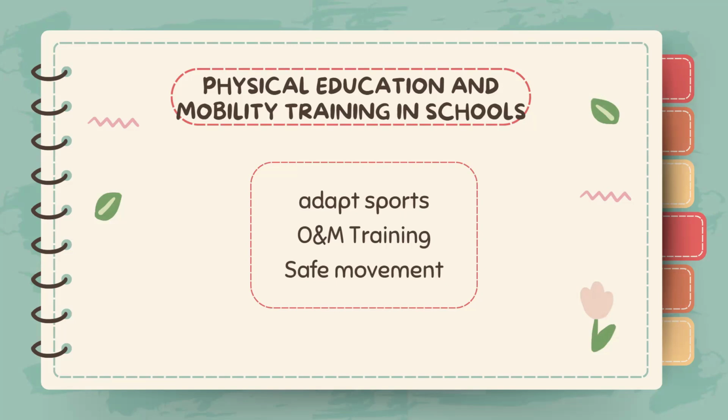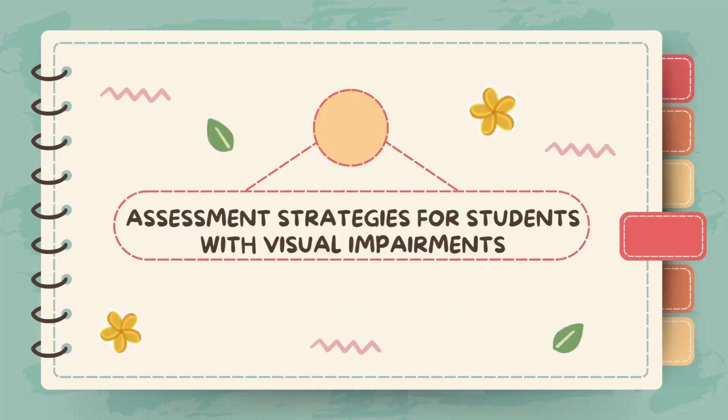Finally, let's talk about assessment strategies that accommodate visually impaired students. Assessment should be inclusive and fair. Some strategies may include oral exams instead of written tests, allowing students to demonstrate understanding verbally. Next is to allow extended time for reading assignments to ensure that students have enough time to process and comprehend materials. And lastly, using assistive technology for assessments, so you permit them to use screen readers or braille devices for